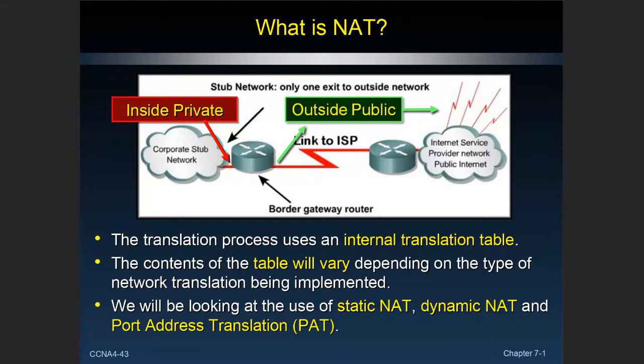It'll depend on what type of translation is being implemented. We're going to look at something called Static NAT, and then Dynamic NAT, and then port address translation, and see what these are typically used for. We're going to use Static NAT for our servers so that they can have the same exact address when people come in from the outside world. People want to get to our company's web server or a mail server or buy products from us. We're going to use Dynamic NAT for all our employee workstations because they don't care exactly what address they get, just as long as it has connectivity.